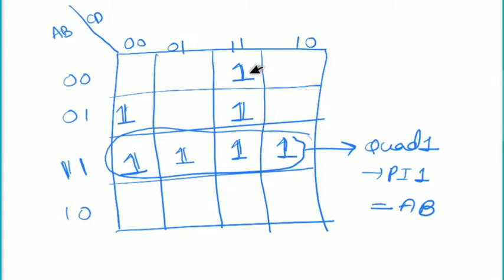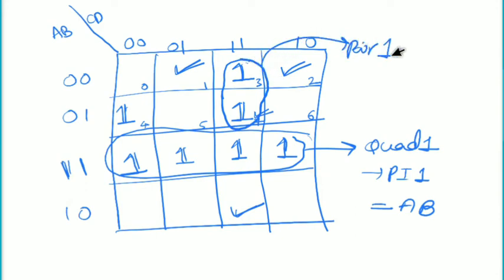Now look at this one. If I write cell numbers 0, 1, 2, 3, then for cell number 3, the 1 and 2 are adjacent, and this last cell is also adjacent, and this particular cell is also adjacent, that is 4, 5, 6 and 7. So for cell number 3, cell number 7 is also adjacent. These particular cells are not having any ones, so there is no possibility of grouping with them, but there is a possibility of grouping cell number 3 and cell number 7 to make a pair.